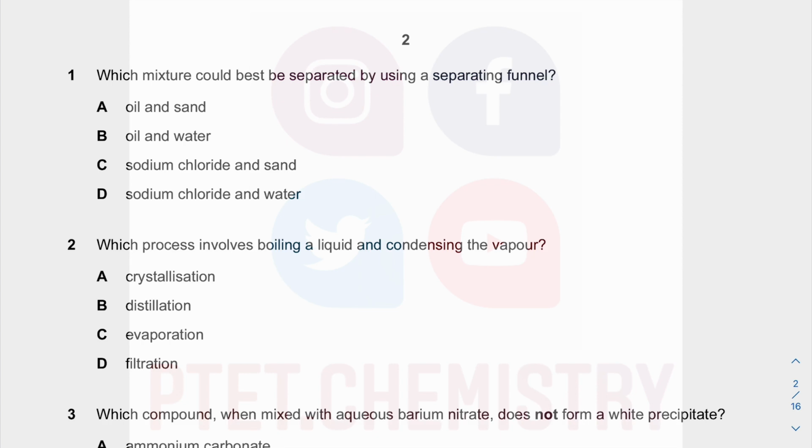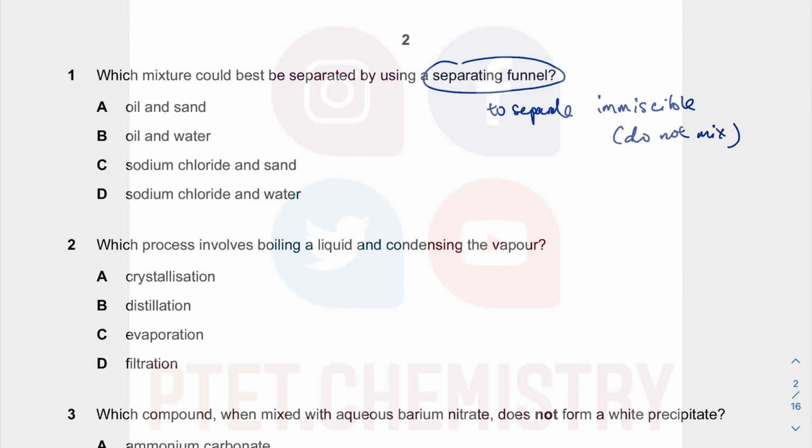Which mixture could best be separated by using a separating funnel? So a separating funnel is to separate immiscible liquids. Immiscible means do not mix, okay? Things like oil and water, things like aqueous and organic layer, that is fine because they do not mix, all right? Oil and sand, they do not mix, but